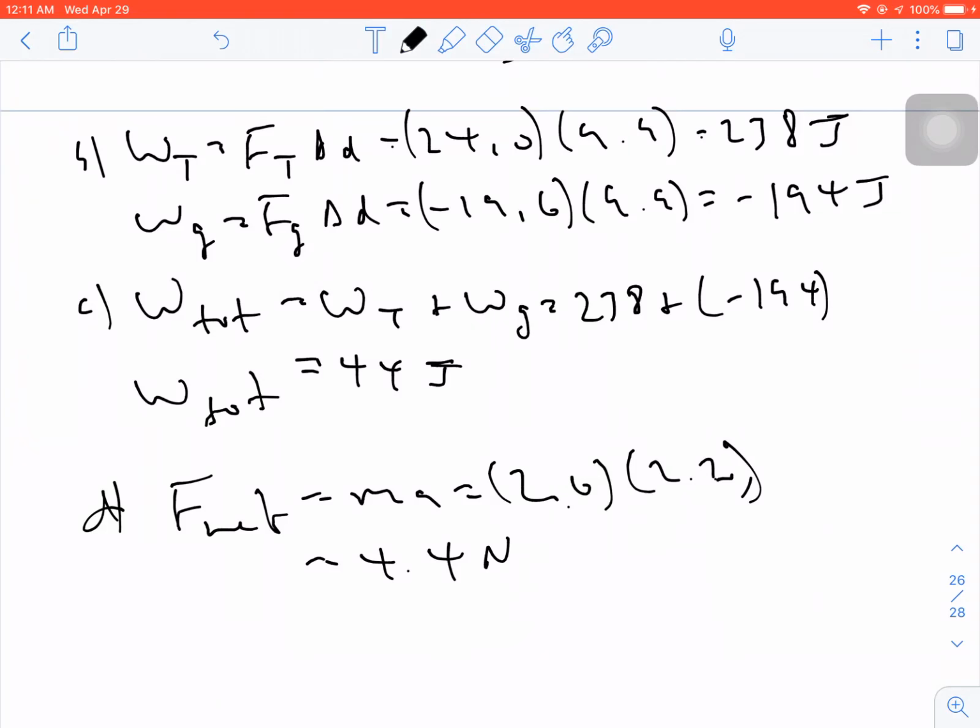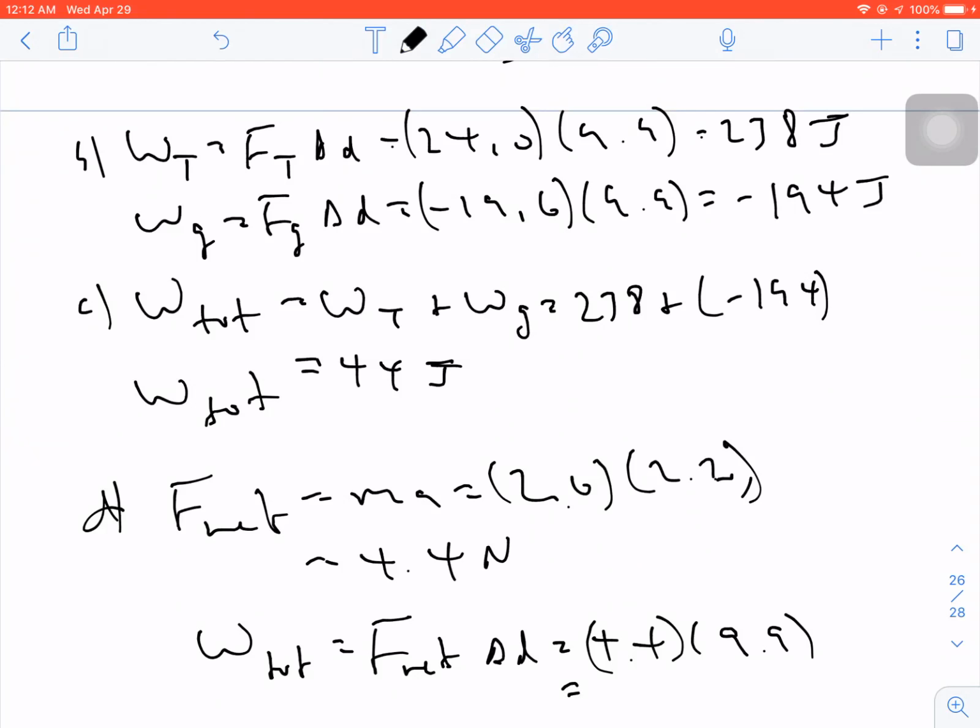And then if I find my total work because of Fnet, it's equal to Fnet times delta D, which is 4.4 newtons times my displacement of 9.9 meters, and I'm getting an answer of 44 joules,